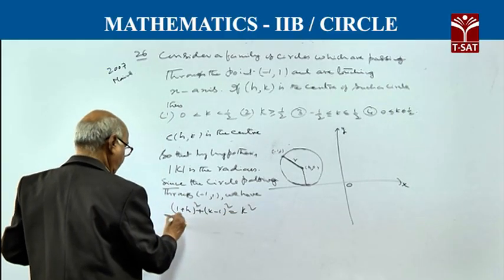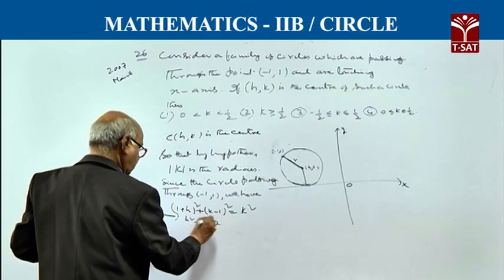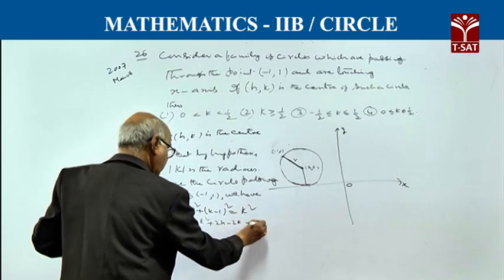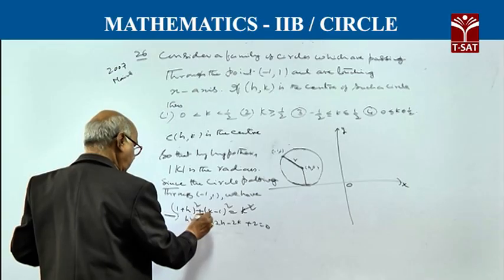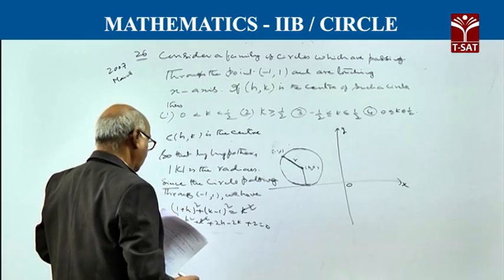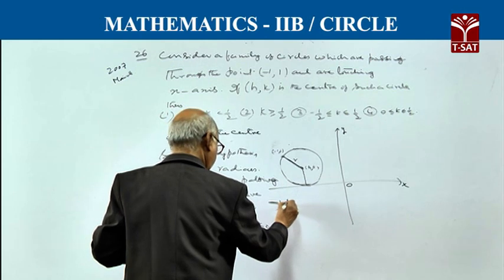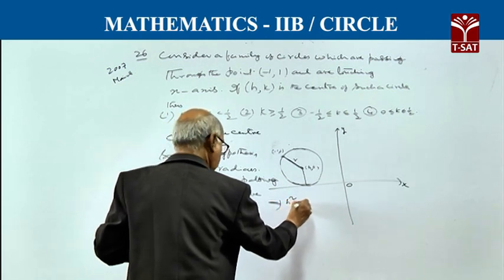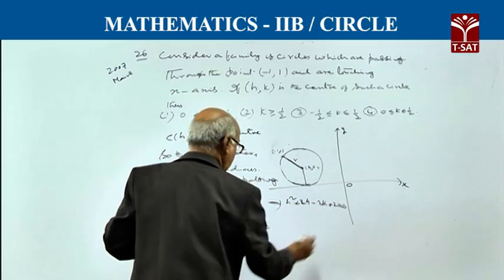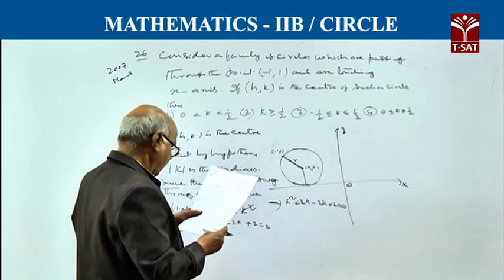So that implies h square plus k square plus 2h minus 2k plus 2 is equal to 0. This k square will cancel. Okay. So that implies h square plus 2h minus 2k plus 2 equal to 0. Okay. So therefore, what you will get is